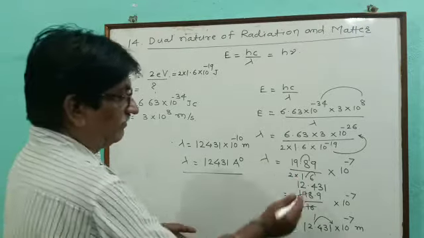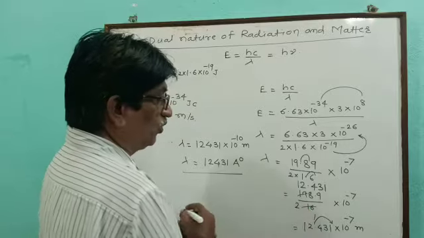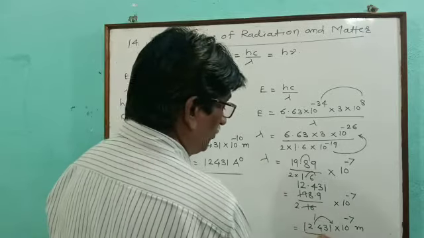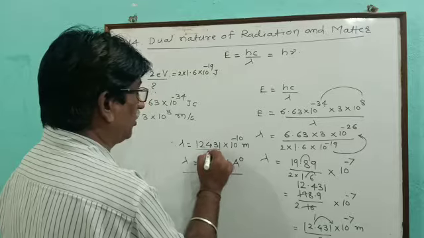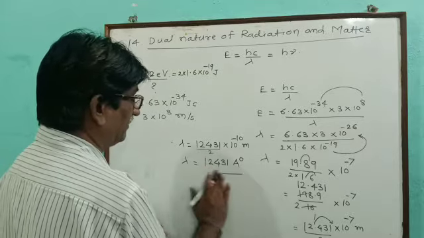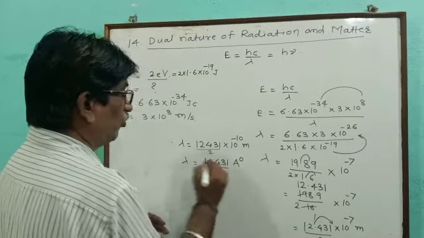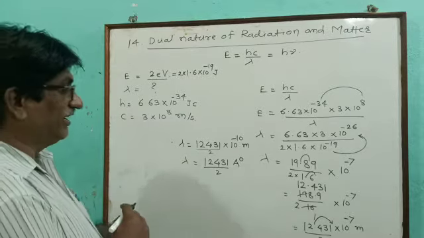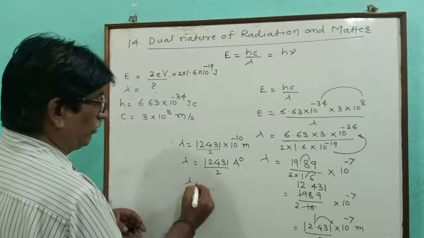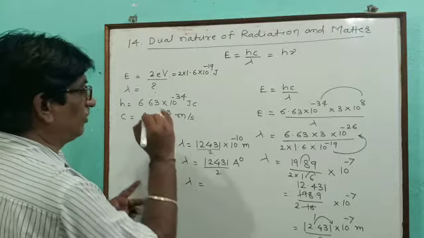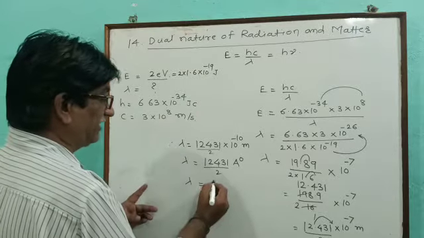So here it is upon 2. And here the wavelength will be 12,431 upon 2. So the wavelength for 2 electron volt energy will be